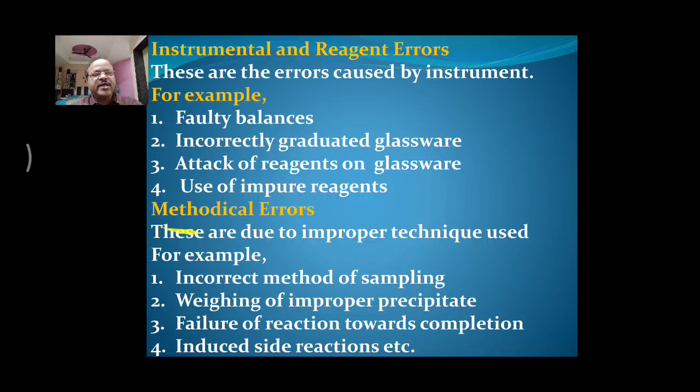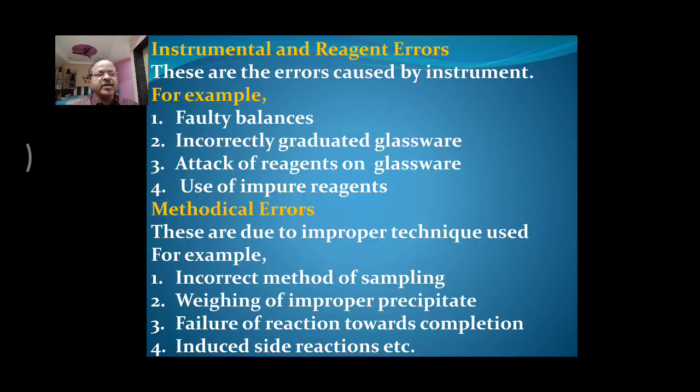Then another type of errors are called methodical errors. The method which we apply for analysis, if it has errors, then that error is considered a methodical error. For example, incorrect method of sampling.